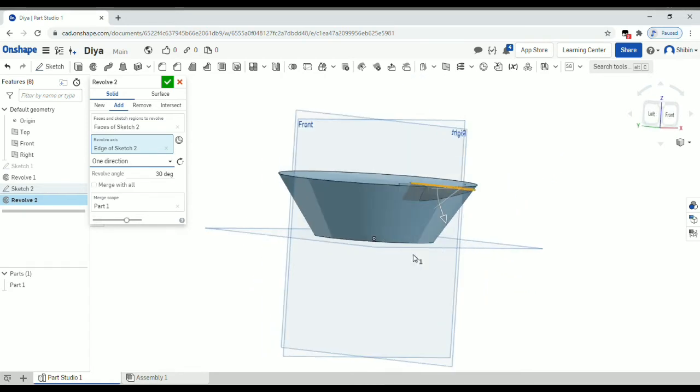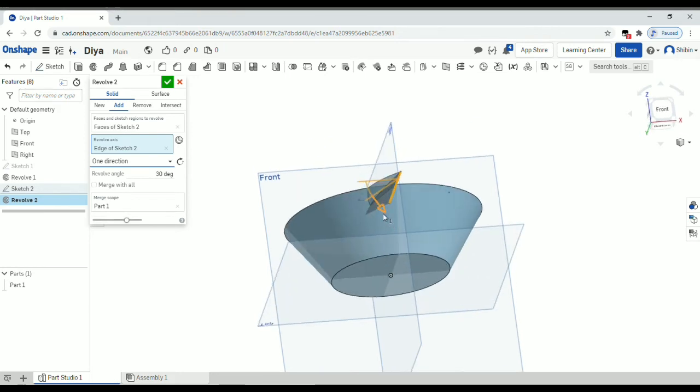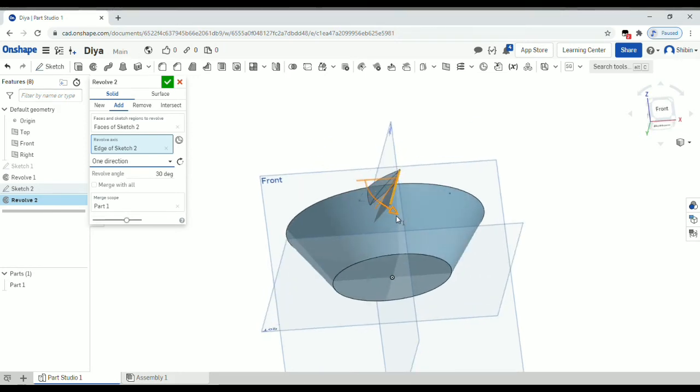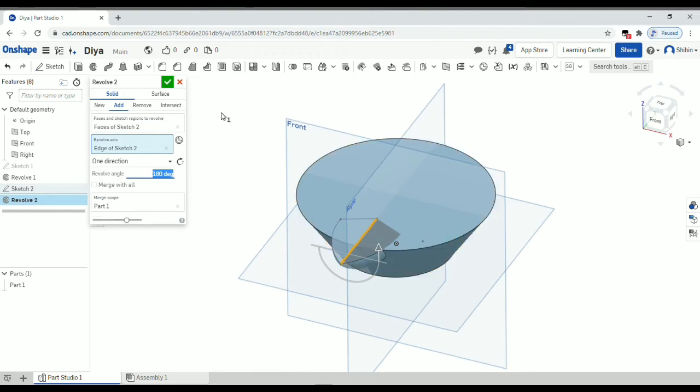Now you can see a selector right here, right? You can manually adjust it also by dragging it to this side, or else you can type the value over this place. I'm going to type 180 degree right here. Now we got a basic layout of a diya, right?